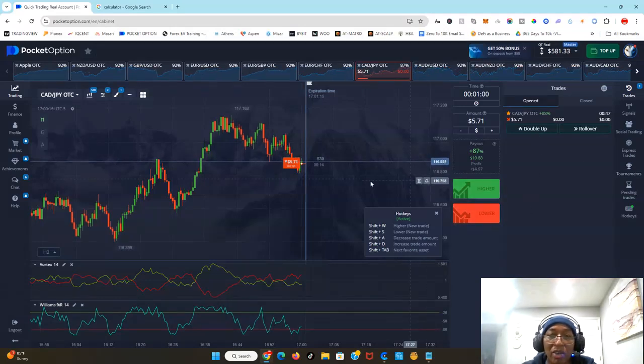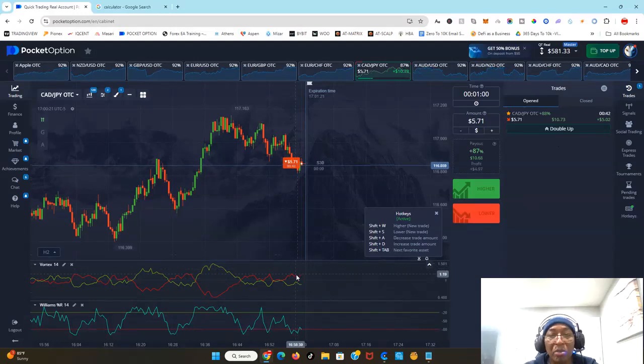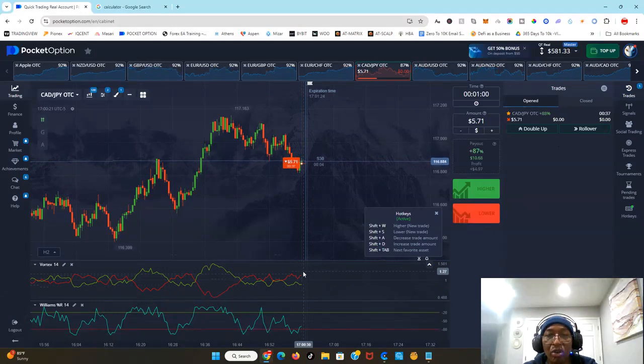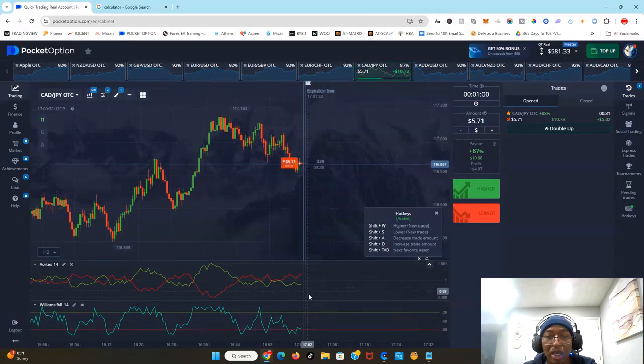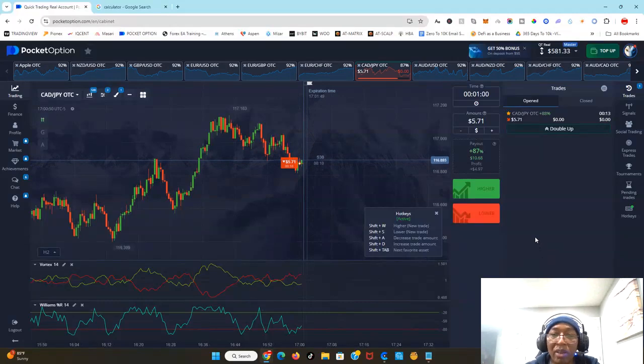Okay, downward. I think it's still going to go downward. Why? Because the Vortex, you can see, is showing a very strong seller's movement, because the red is above the green and it's pointing strong. So I think the sellers will eventually take the day here. And you can see even the William is still all the way down here. So I think there's more sellers, even though it's still pointing up and down, up and down. Let's see what happens. Okay, it's in the money. Okay, it is in the money, guys. But let's see what happens. Oh my goodness, it's kind of weakening here.